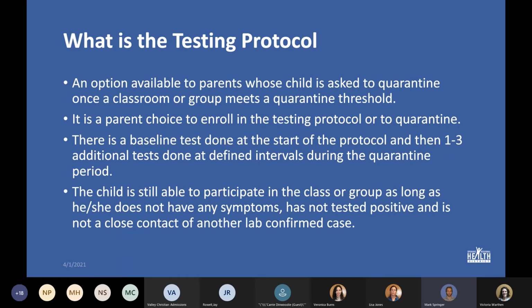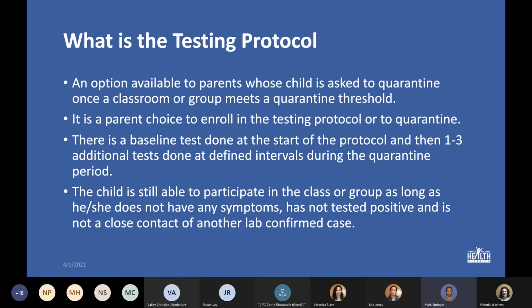Especially if we're using antigen testing on this, we can get everyone tested within a half hour, and then, provided they have a negative test result, they go to their first class. So we have a baseline test, and then I say 1 to 3 additional tests depending on schedule and some defined intervals. And I leave it a little bit vague there because